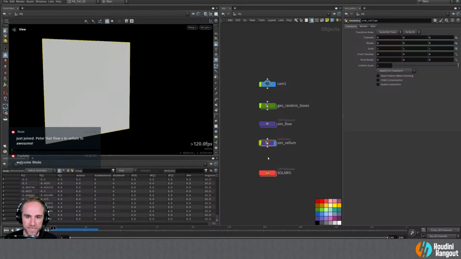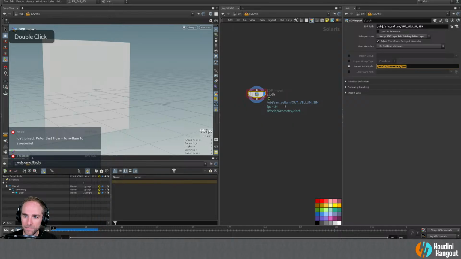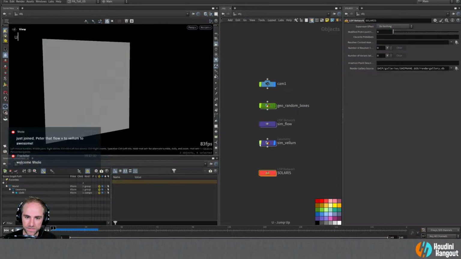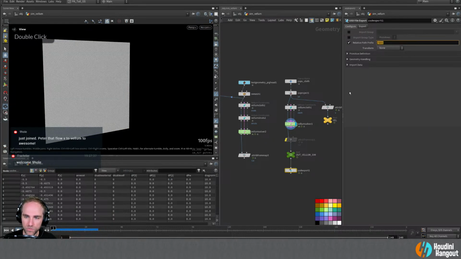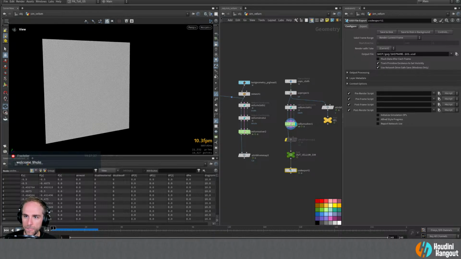Let's see here. What was I doing? Oh yeah, in Solaris here. I'm gonna grab this. I want to make sure that's the same path. That's where I wanted it to be. I don't think there's going to be anything more than that. The only thing that's a little weird is you don't get to see your path here when you do this, but this should be fine. And let's do this. We'll call this USD, and we'll just call this cloth sim